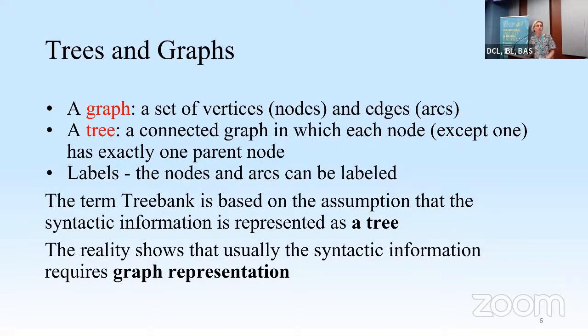So, trees and graphs. A graph is a set of vertices or nodes and edges, and the tree is just a sub-graph, so to say, a connected graph in which each node, except one, has exactly one parent node. The nodes and edges can be labeled. The term treebank obviously comes from the assumption that this information can be presented as a tree. However, the reality shows that we actually do not present the syntactic knowledge as trees, but as graphs, because it's